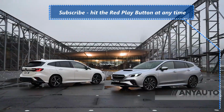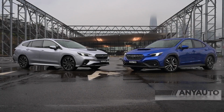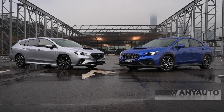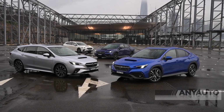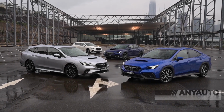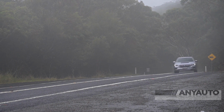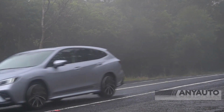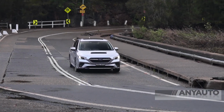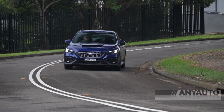And on the subject of specifications and the range, the big news is WRX comes in both sedan and wagon. The controversial plakky wheel-arched sedans look muscular with LED lights at the front and a deeply sculptured rear end. The wagon, in my opinion, looks slightly prettier. The wagon definitely feels softer on the road too, but everything is relative and the ride is still very firm. Subaru says the wagon is more aimed at the family buyer, while a sedan, especially in the manual, is a